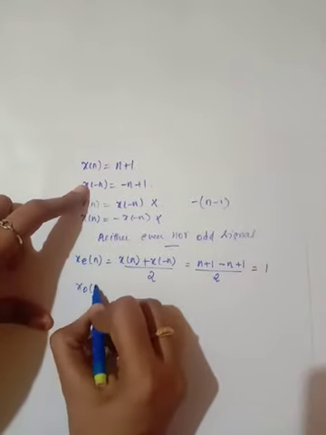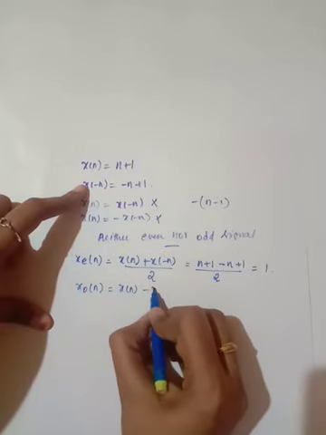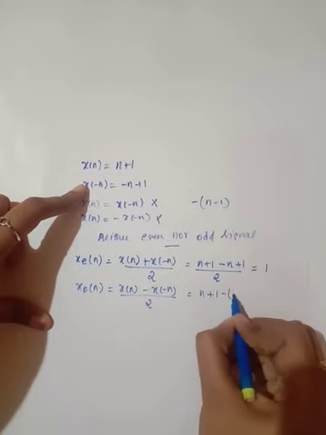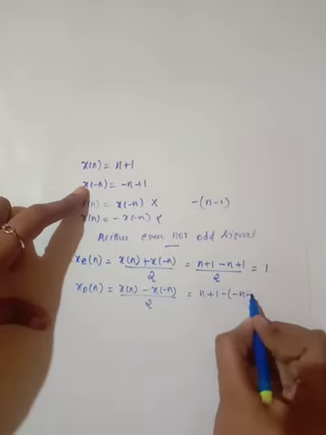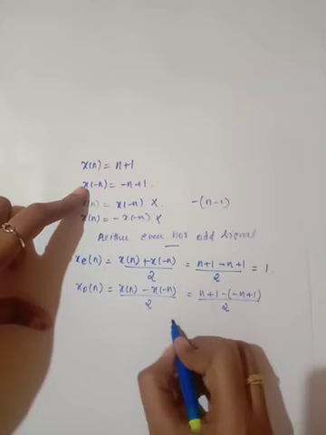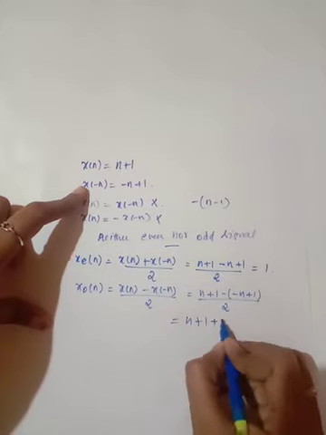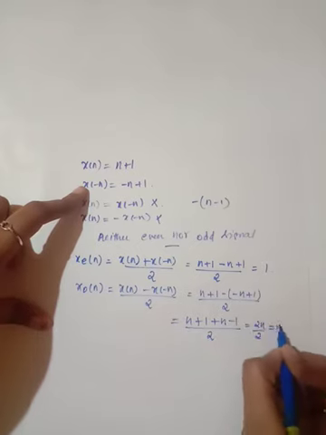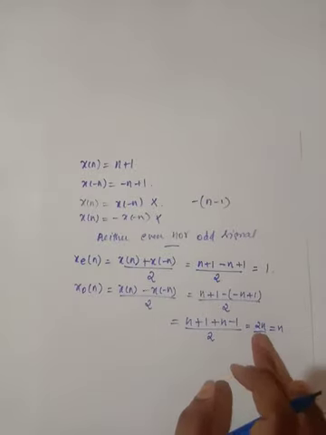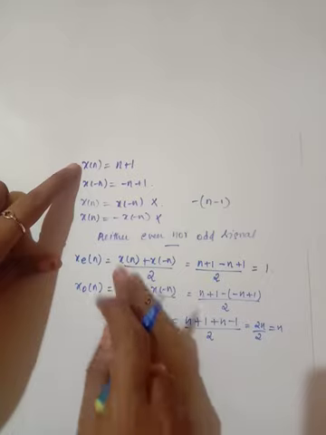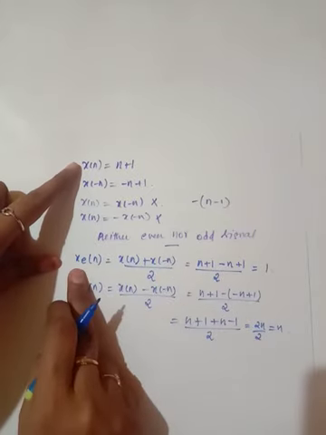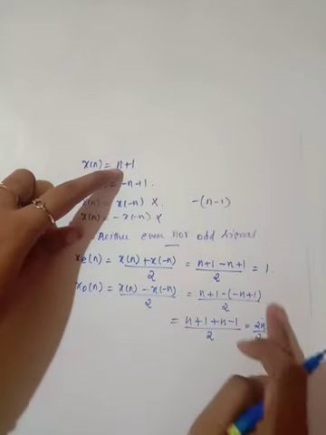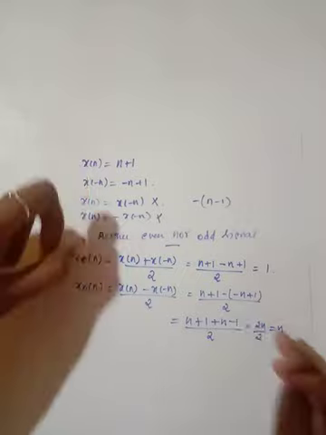Now find x odd of n. So x of n minus x of minus n divided by 2. So which is equal to n plus 1 minus of, what is x of minus n? Minus n plus 1, divided by 2. So n plus 1 plus n minus 1 divided by 2, which is equal to 2n by 2, which is equal to n. Okay, so you will get the n value. So now see, since it is neither an even nor an odd signal, what you are getting? You are getting the even part as 1 and the odd part as n. Okay, so when you add these two signals, you will get the original signal.